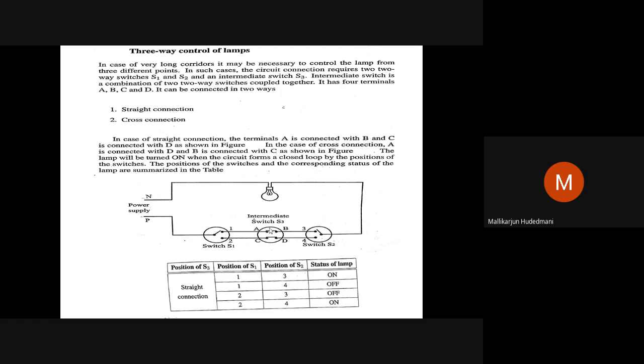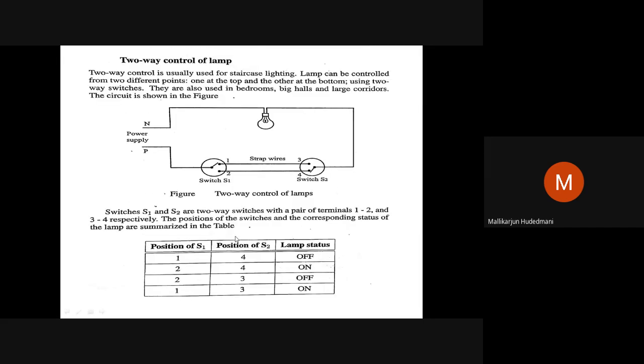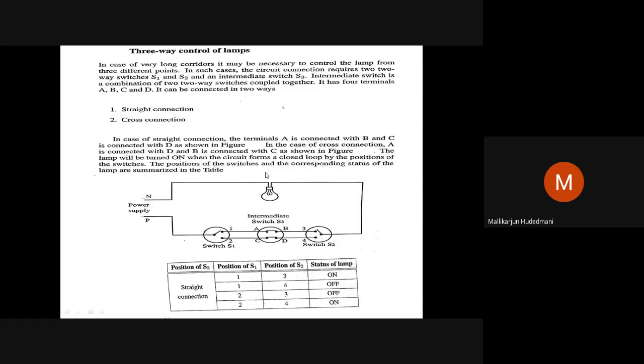The bulb is fixed in the lamp or in the pole, and the wiring is done in such a way. One contact of the supply goes to the lamp directly. Another supply point comes via switch number 1, which is like your two-way control. Here we have seen S1, S2. So I am using in between this. I will cut this wire. The wire is broken. Insert this intermediate switch.